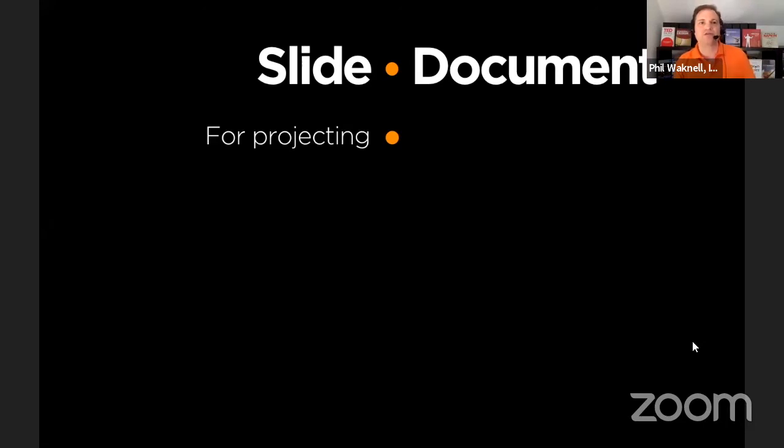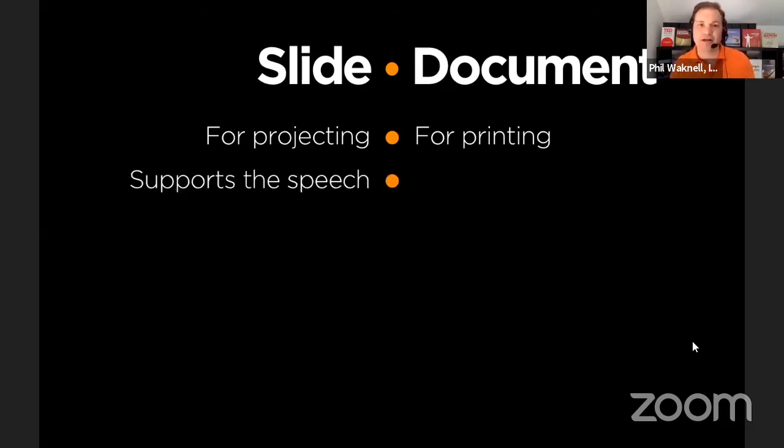A document, I apologize, is something which is not for projecting. It's something which is going to be printed or which could be printed, and that makes it a different kind of format. A slide is something which should support what you are saying. It is not the message. You shouldn't have everything you're saying on there. It's a visual aid which supports what you're saying. Whereas a document needs to be standalone. So the article we're putting on our website about this webinar actually does need to be clear for anybody who is not there today and who's not even seen this video.